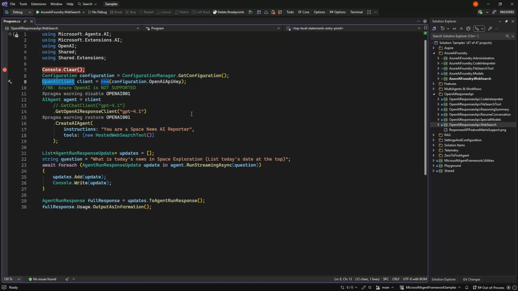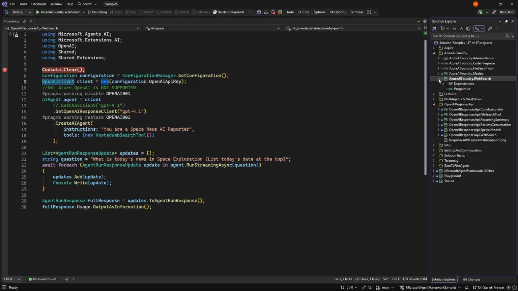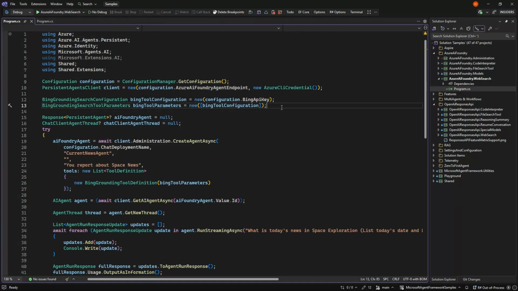So we are told to use AI Foundry. And AI Foundry is a bit of a journey to get web searches working, because in order to do it, we need a Bing resource, and we need to have that Bing resource connected to our Azure AI Foundry and then put it into the tool.